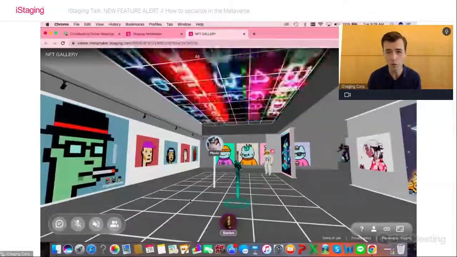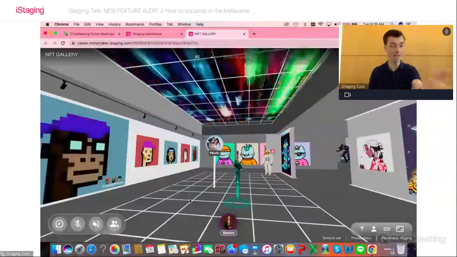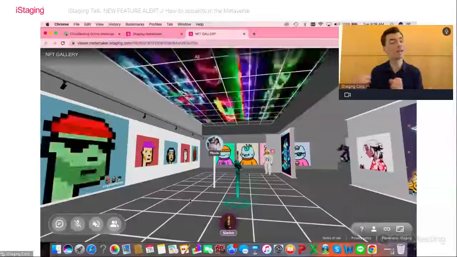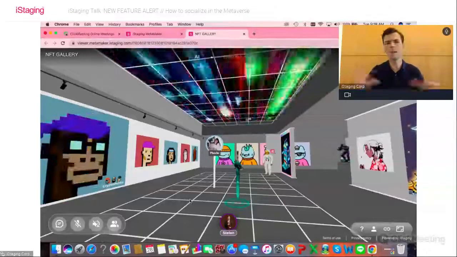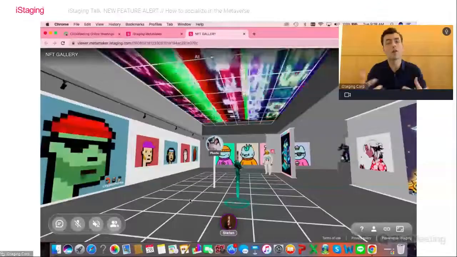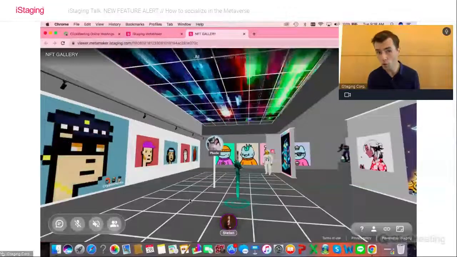Now, a couple of things. Why could this be useful, right? Why would I want to use avatars? Now, I can imagine in a gallery such as this one, or a museum, there are live guided tours. Now, when I'm using avatars, obviously it's only useful if there are other people in the same space at the same time, right? If I'm there alone, there's not much point to it.